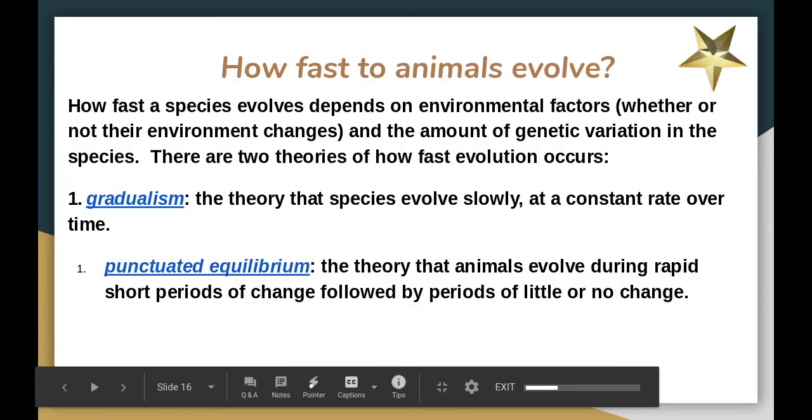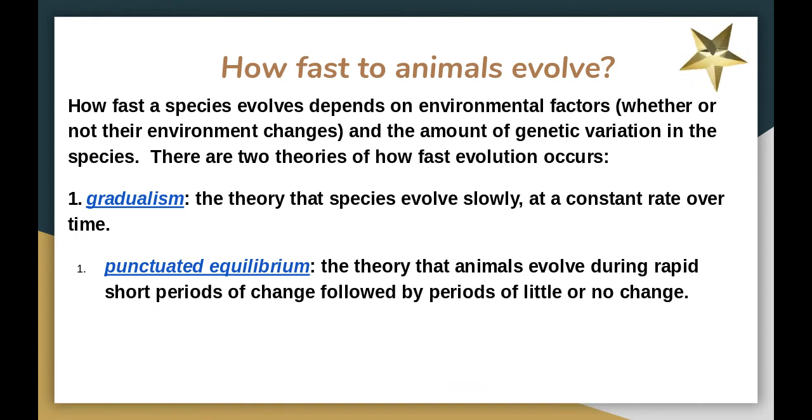All right, so now we have to talk about how fast do animals evolve? Okay, so there's two types of animal evolution in regards to speed. So you have gradualism, which is the theory that species evolve slowly at a constant rate over time, and then you have punctuated equilibrium, the theory that animals evolve during rapid short periods of change, following periods of little or no